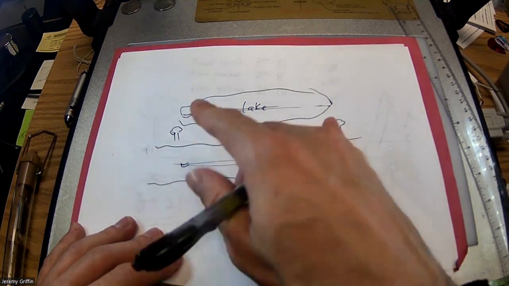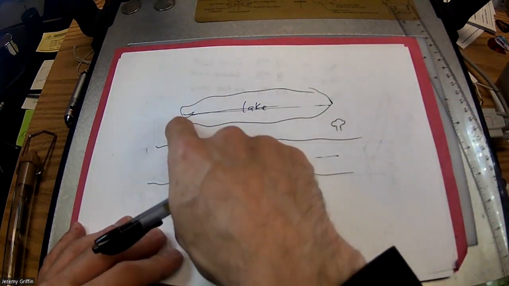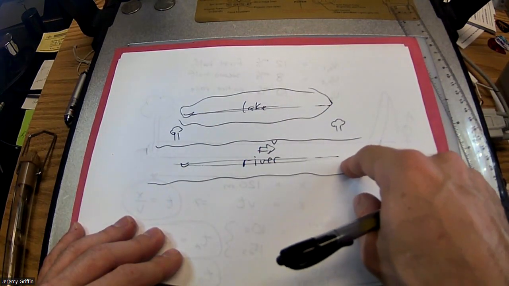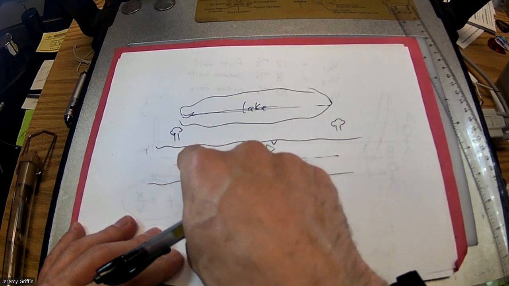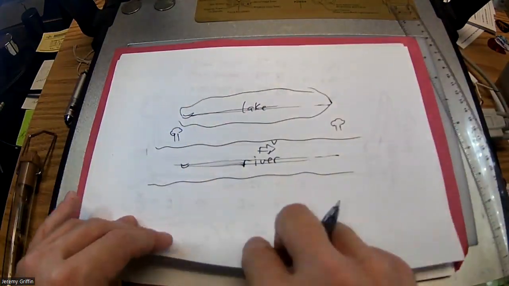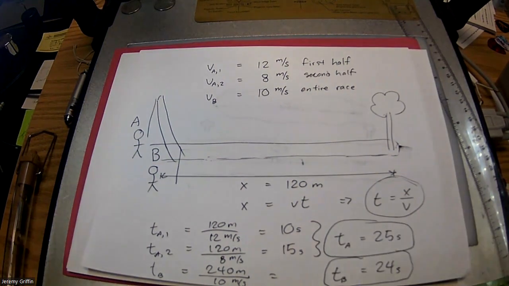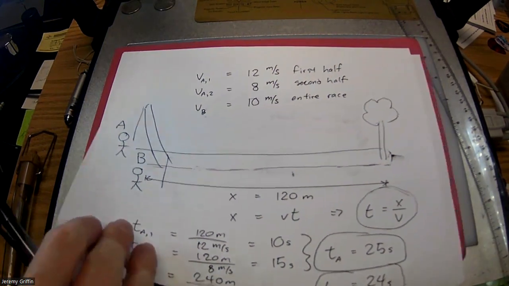Yeah, the guy in the lake, like for the same reason, right? Because he's like pacing himself versus the guy in the river. Maybe he goes downstream extremely quickly, and then he's like, it's a fighting battle all the way up, right? So yeah, the guy in the lake's gonna win for the same reason that Bob wins. Is that okay? Now hold on to the idea because that's gonna